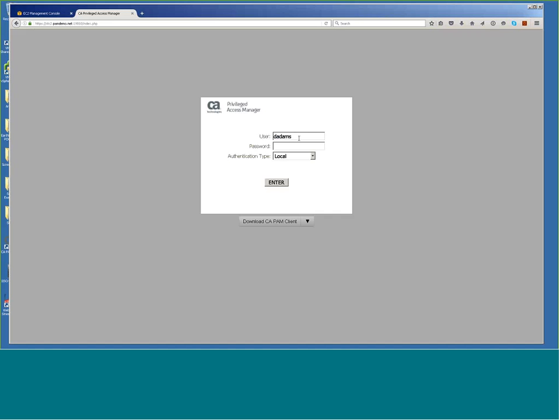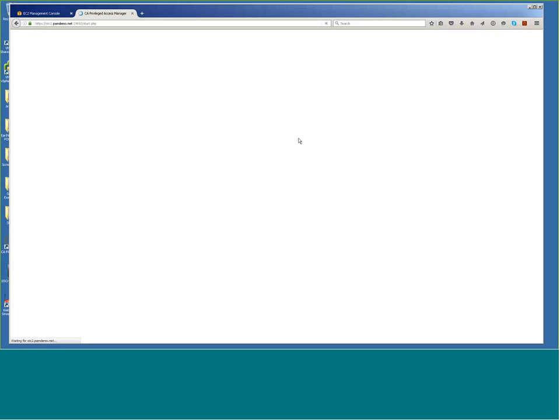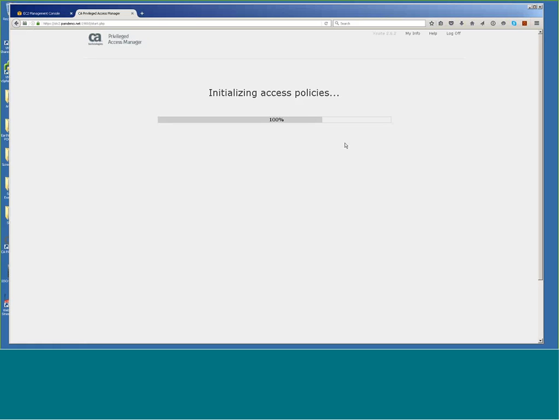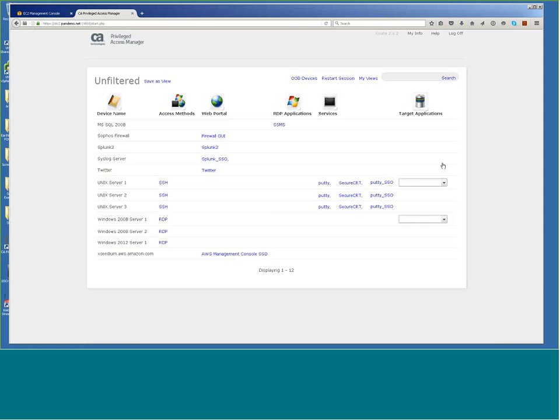So now I changed from the full power user to just the IAM user, and I'm going to log back in as D. Adams here. The same access policies are going to show up, but remember we changed which role D. Adams was using, so that's going to limit our access now when we go in. So I'm going to click on AWS Management Console, and while that's loading up, again, I'm in Charlotte, North Carolina. All these instances, the CAPM device I'm using, and all these instances are on the West Coast in Oregon,